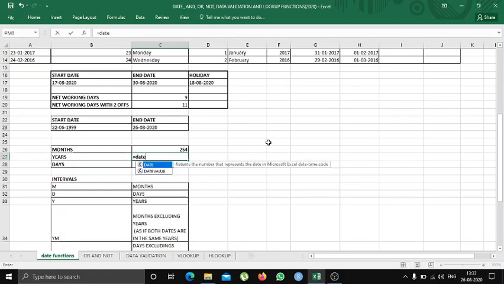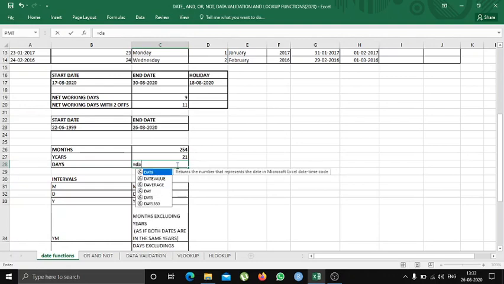And if you want to calculate the number of years between these two dates, the same function we have to use, DATEDIF, open the bracket, select the start date, comma, end date, comma, Y, since we need years. Close inverted comma, close the bracket, we got years. And now if we want the number of days between this range, so the same function again, DATEDIF. Now you can guess what we'll be entering after start date, end date, inverted comma. Yes, you will be entering D for day.